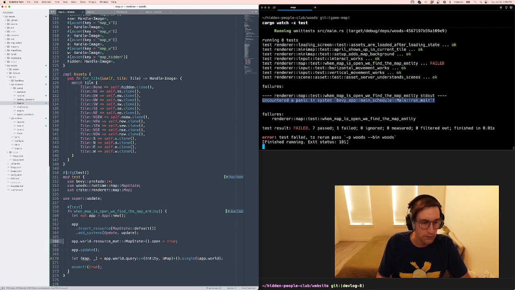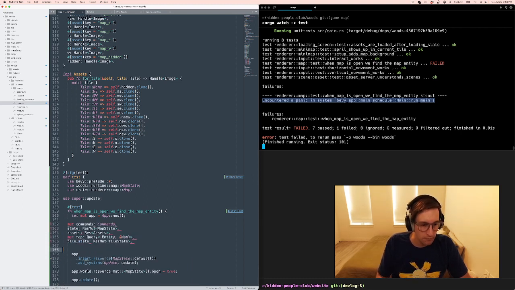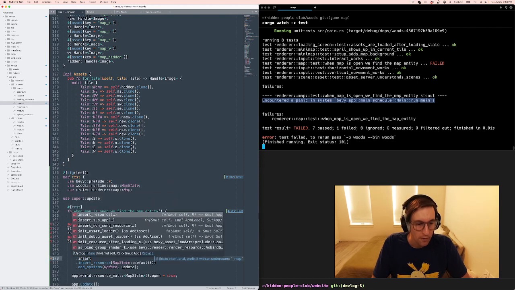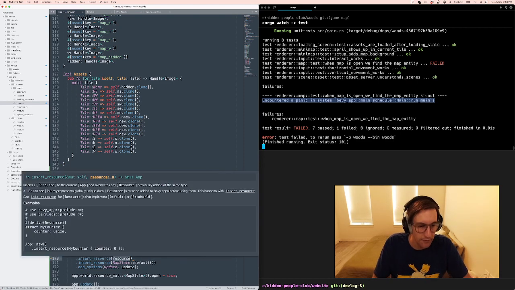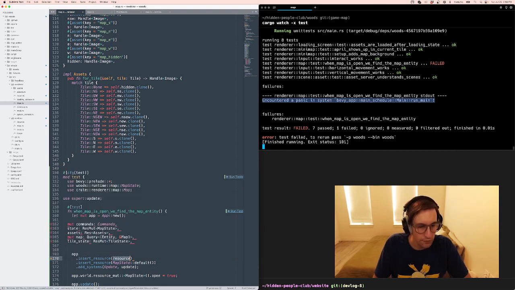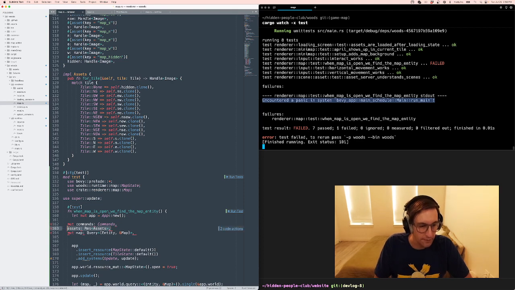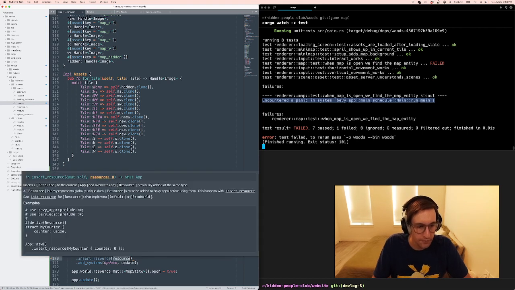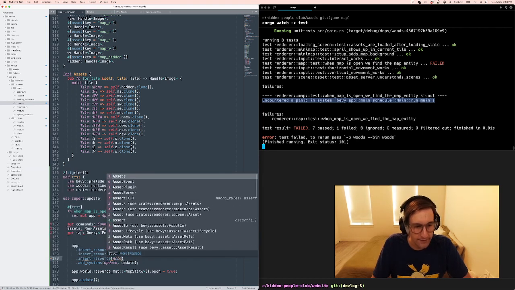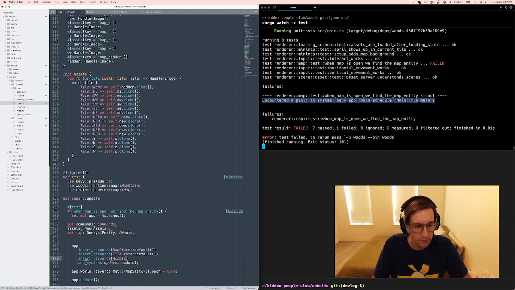So we should support all of this. So I'm wondering if I add the resource, so map state, I added, right? So tile state, it's another one that we want, right? It's here, so it's this, we have this, and then there's this, which is insert resource, assets,